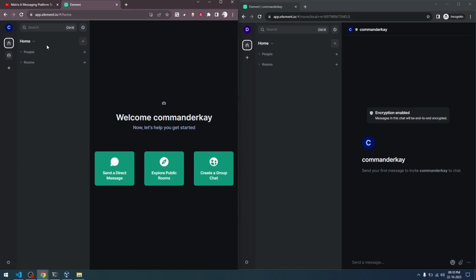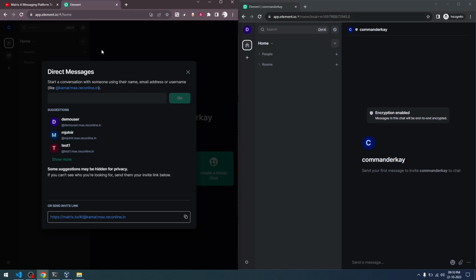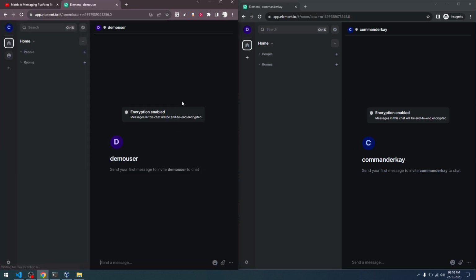What I'm going to do now in the Commander K user interface is start a new chat. When I click on start a new chat, it is basically a DM, direct messages to a particular user. So I'm going to select this user, because this is the user that I am awaiting to connect with. I'm going to say go, and the moment I do this, the demo user